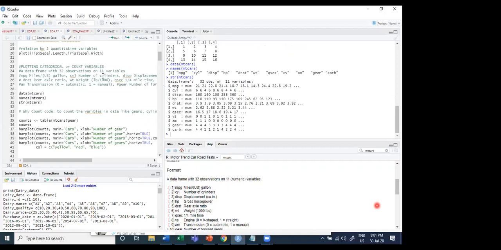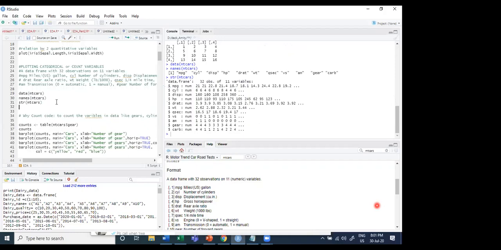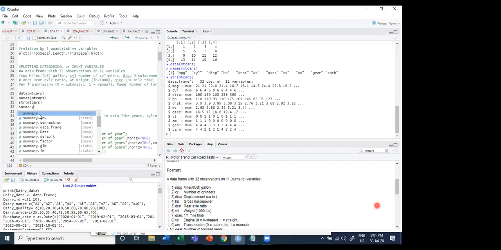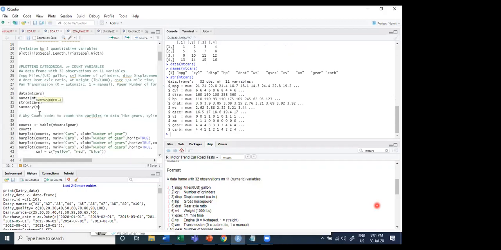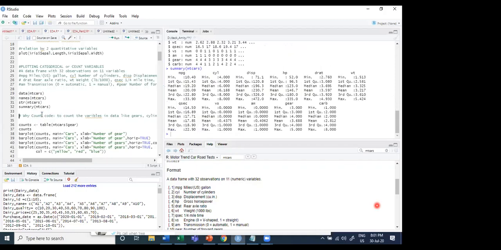observations and 11 variables. Can we apply another command which we applied earlier? This is the summary command. The default command is taken, and mtcars will be shown as the data set. So we will pick that up and run this. Here is the summary where